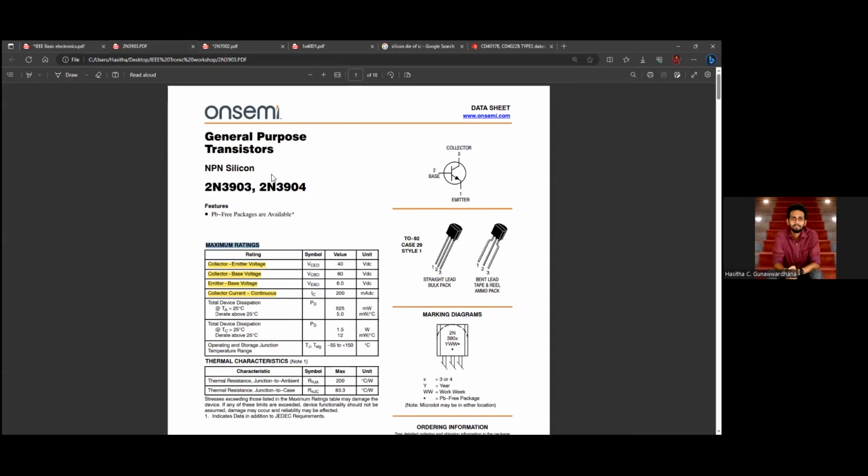For a simple task, the best practice is to go through various transistor models, download the data sheets, and consider these parameters to choose the best one for your circuit.